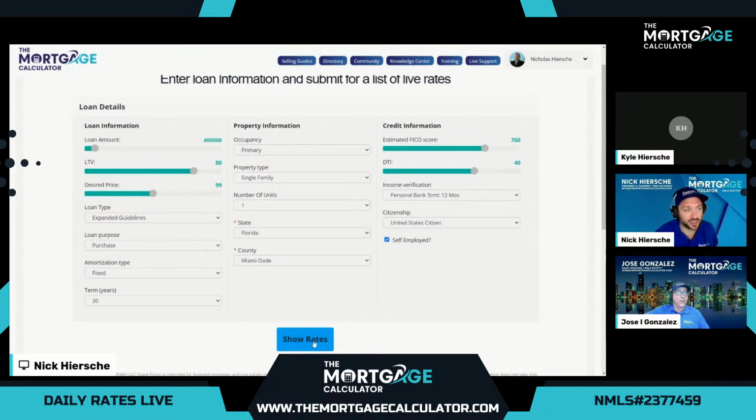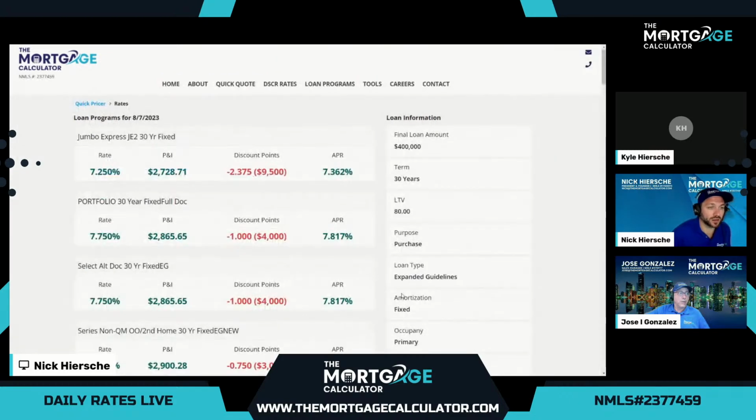So let's check out the bank statement options this morning. So we love when these are very comparable here. 7.25 rate, 2.375 discount points and costs, so a little more cost, but our final APR here of 7.362. So almost identical to conventional today, where we can use bank statements, which would obviously allow us to qualify for more income and solve those problems.